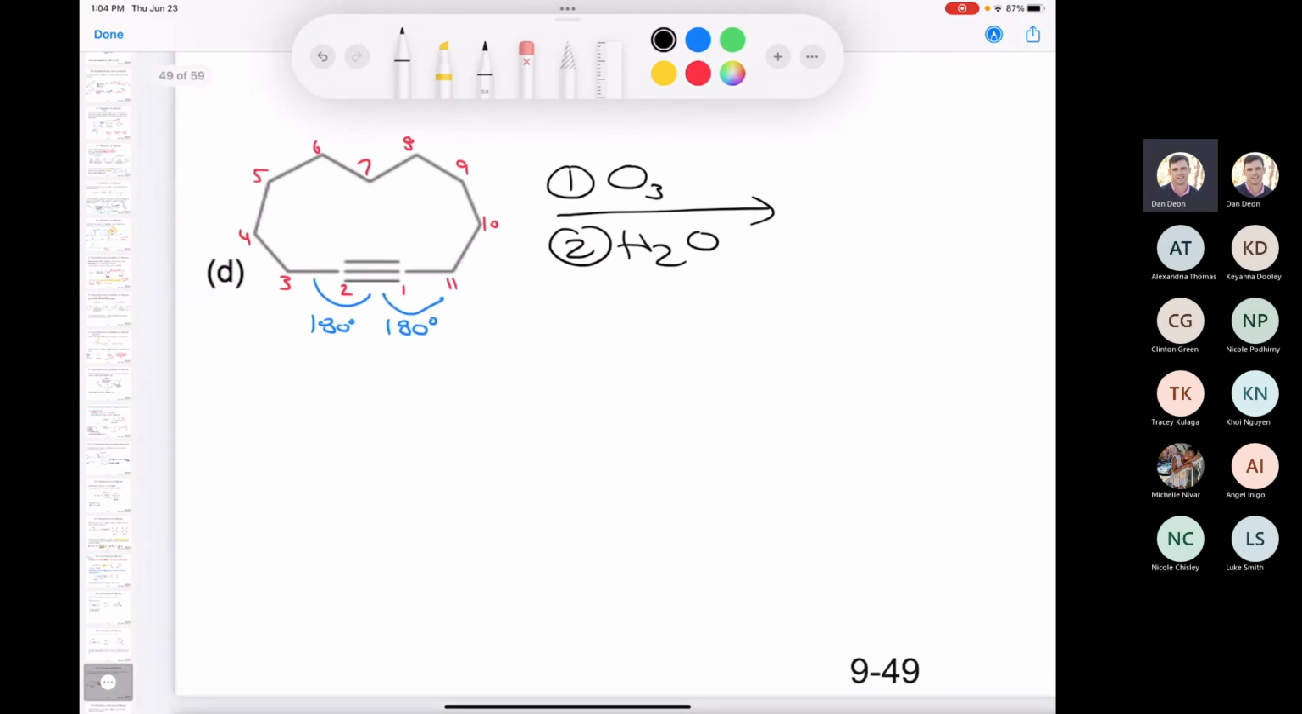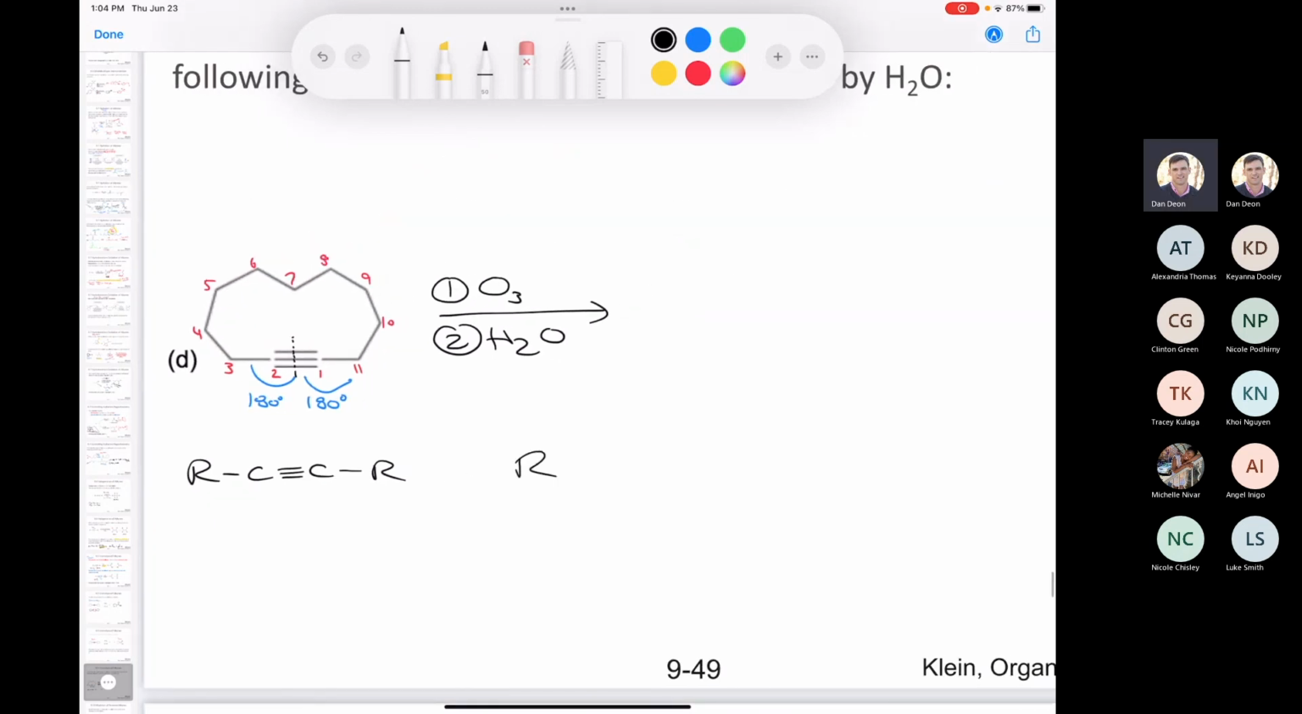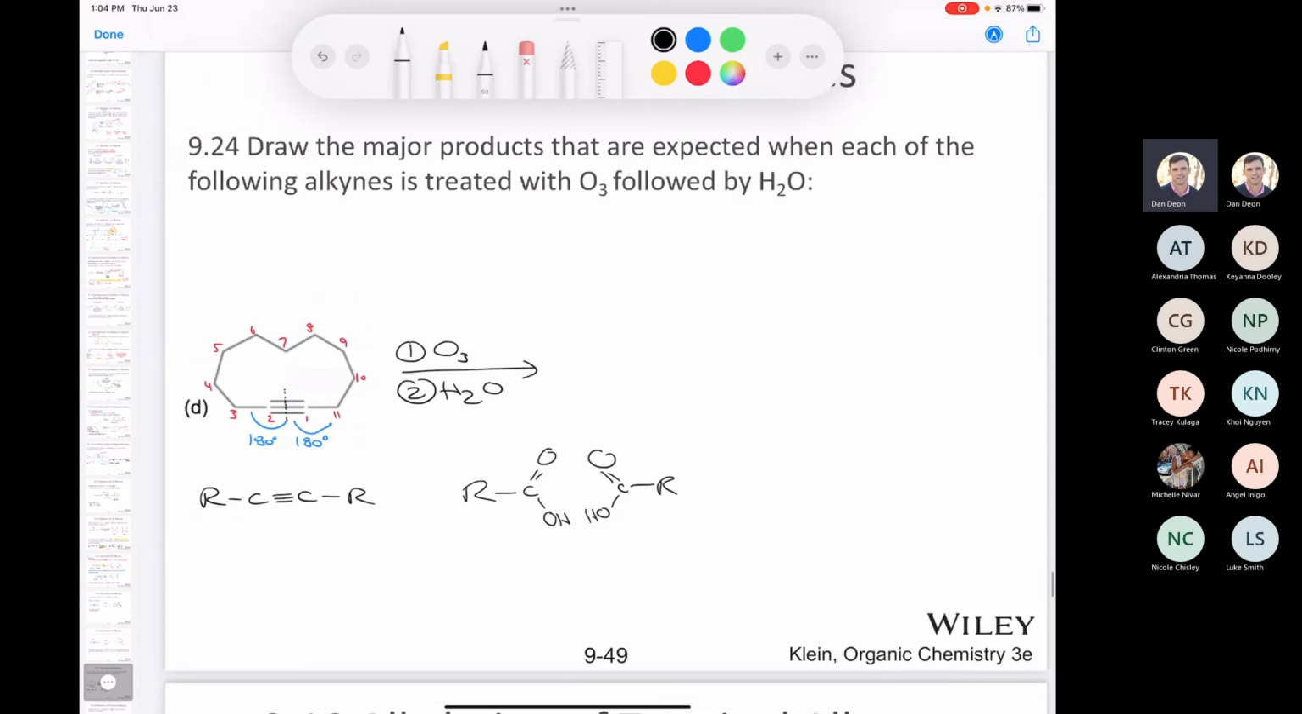But what are we going to do? We're going to cut this bond in half. And remember that when you have an internal alkyne like this, when you break it apart, you're going to end up with 2 carboxylic acids, right? You're going to end up with 1 here and 1 here. And so to draw the final product, which is a dicarboxylic acid, since they're tied together in the same ring,